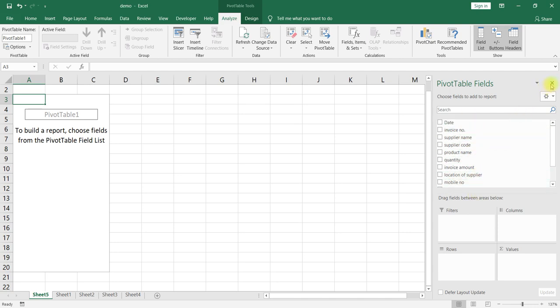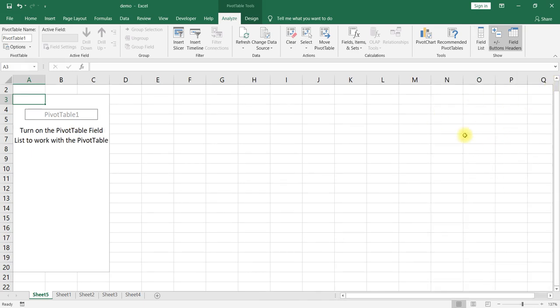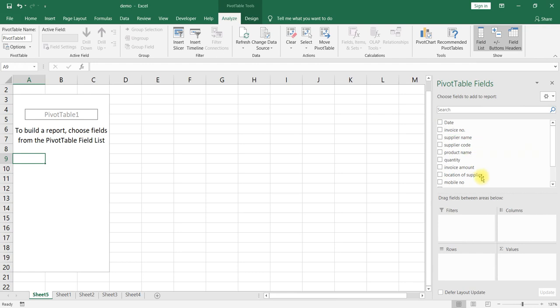In some cases, if it is not showing the pivot table fields, then we have to go to Analyze here. Analyze or Options will be there. If it is an old version, then you will have Options and select Field List so that it will be shown.